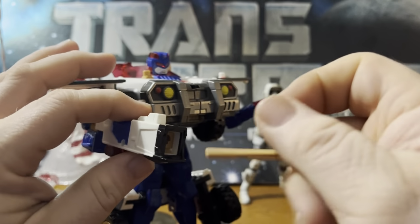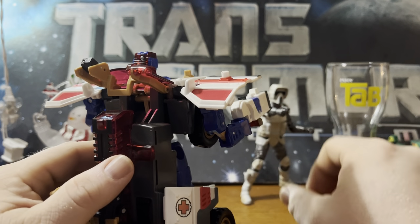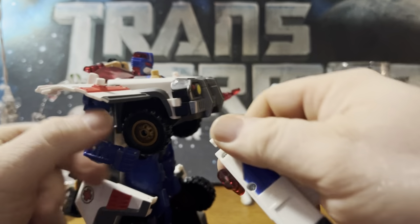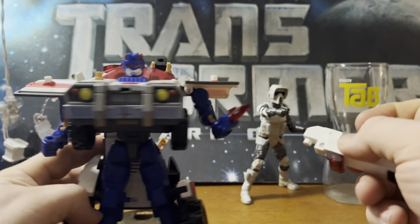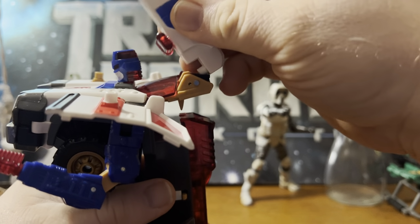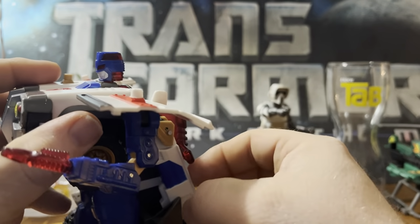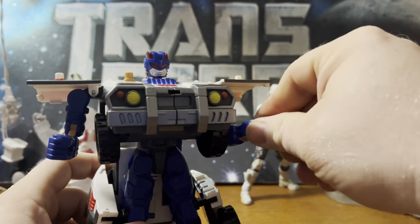And it just slides back in for the spring-loaded action. It shoots pretty good, a lot of fun. So playability on him in his robot mode is a lot of fun. It's very cool. And all you do is put it back, you just hold it right back, and there you go. Now, pull this part off,